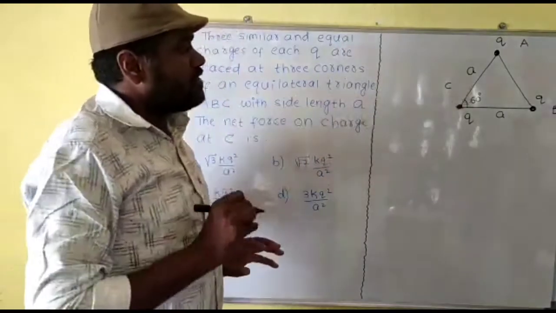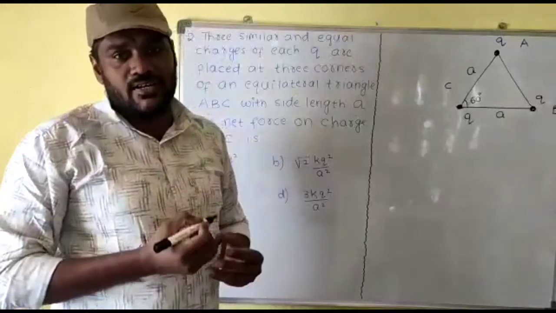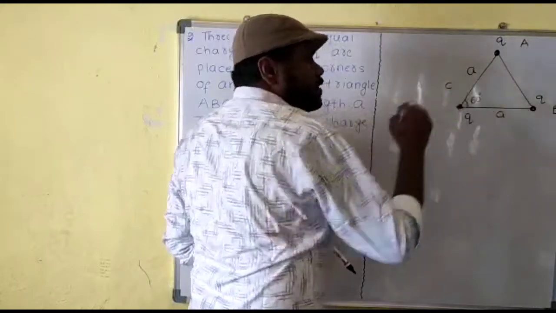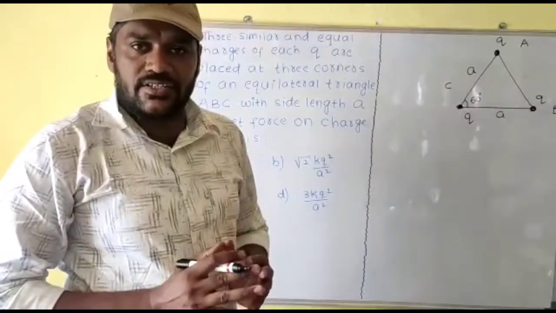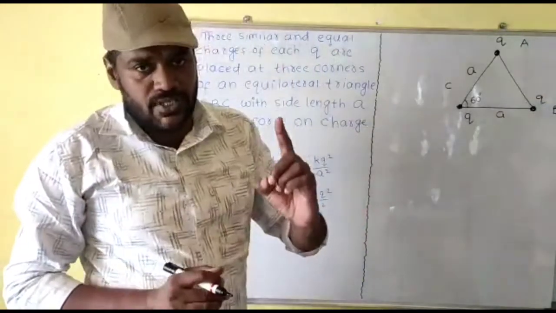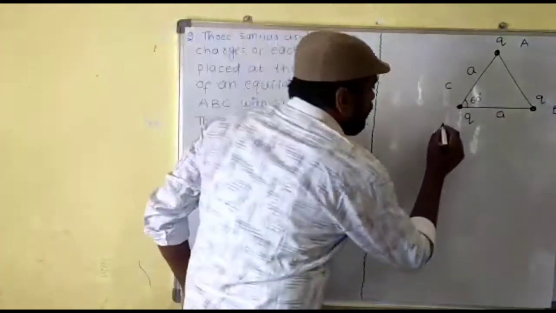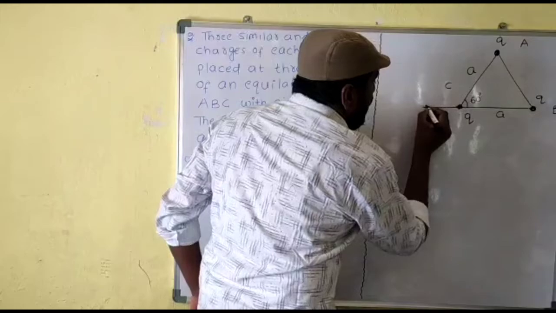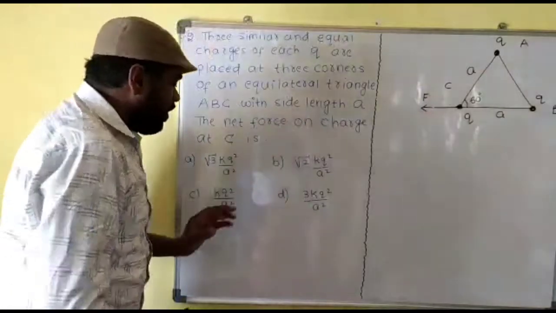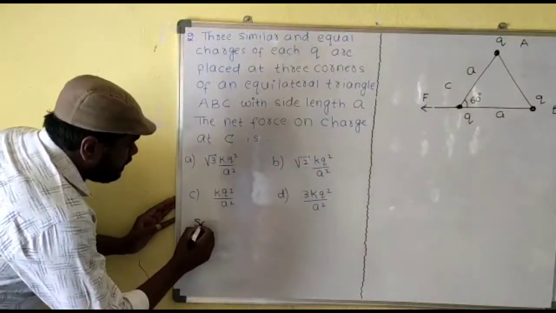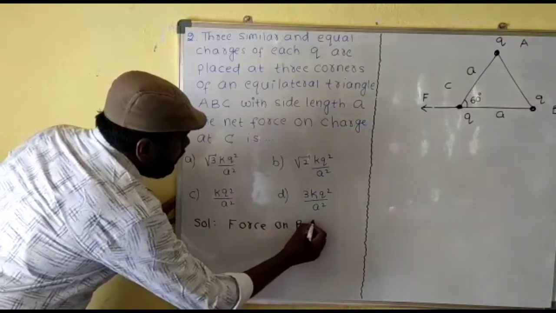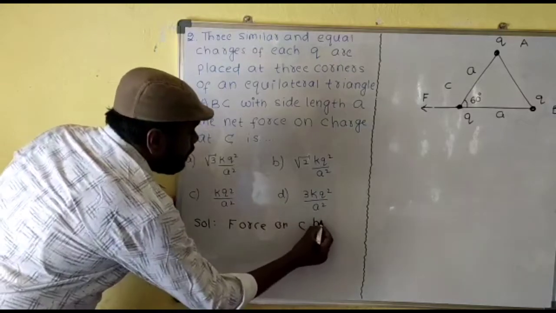Yes. Now, first of all, let us decide the direction of the force on C. The charge at B applies a force on the charge at C. The charge at A is also applying a force on the charge at C. First of all, this is positive, this is positive. Force of repulsion or force of attraction? Force of repulsion means directed away from the line joining. Now, the force applied by B on C, I am taking, for example, as F. Now, what is the value? In the solution, the force on C by B.